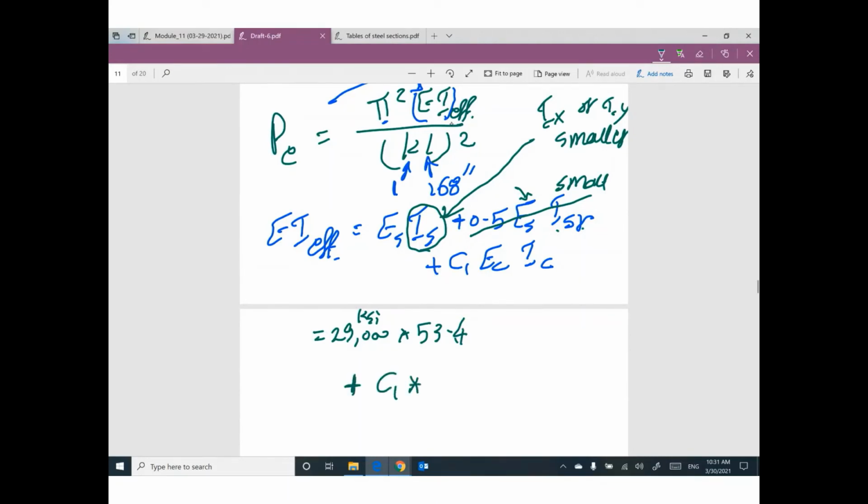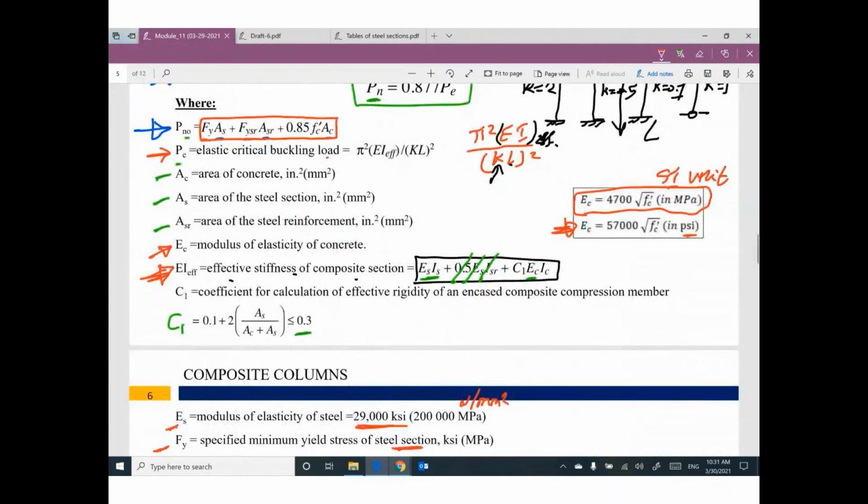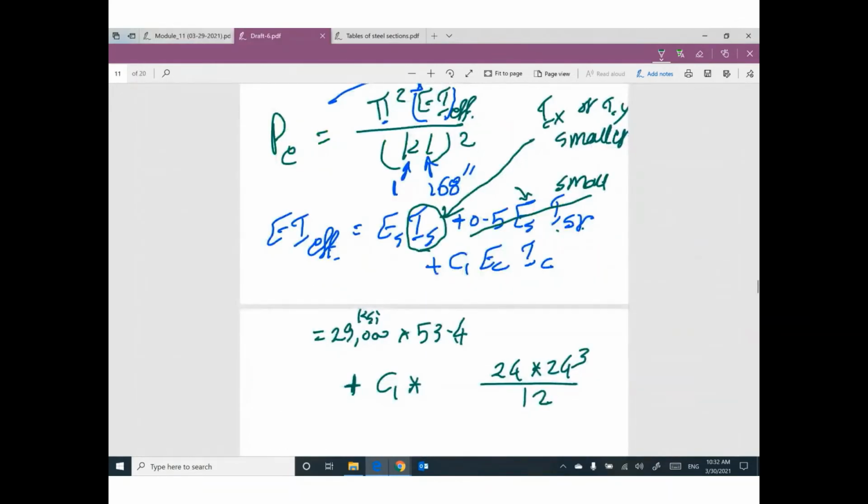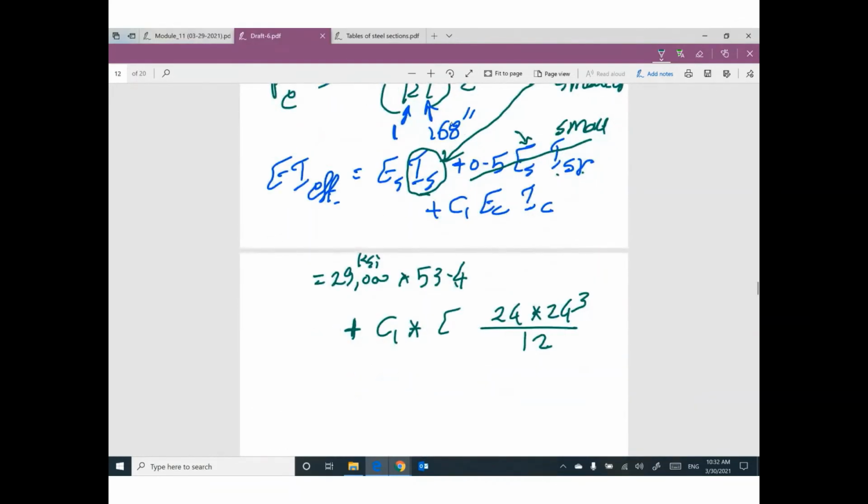Plus C1 times E concrete, I concrete. 24 times 24 cubed divided by 12. For concrete, this cross section is 24 times 24, so the moment of inertia is parallel times perpendicular cubed over 12. E concrete equals